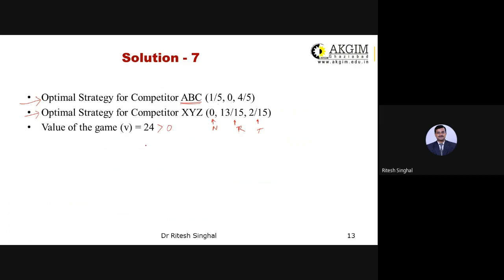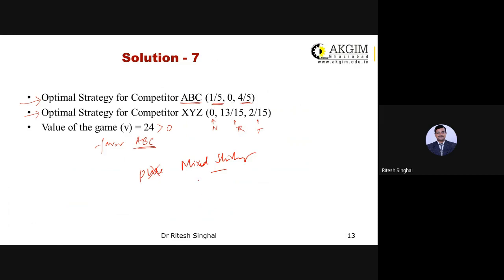It is a very good amount, and this game purely favors player ABC, or we can say player ABC is on the winning side in this game, and accordingly they should take their own decisions. And this is about the game of pure strategy. No, mixed strategy. A mixed strategy game, because here more than one strategy is to be advised to be used by the players.